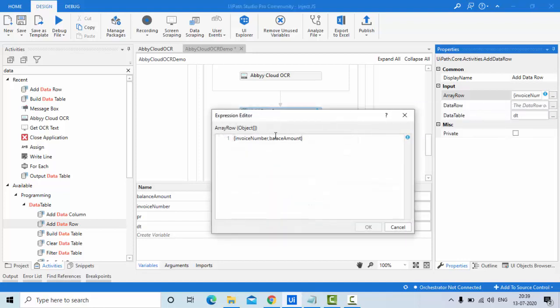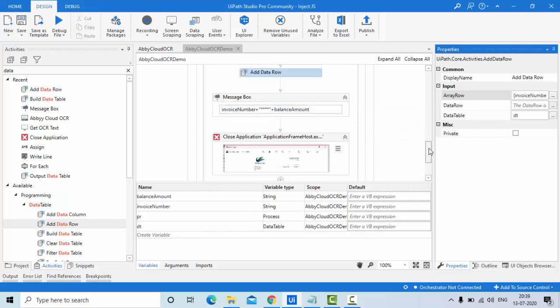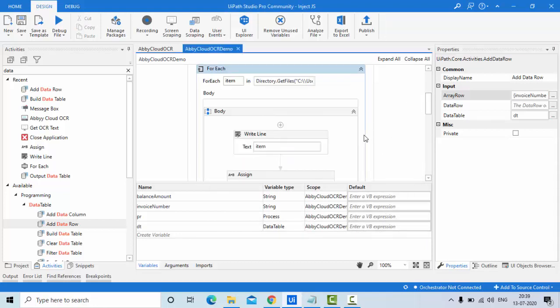Balance. Okay, so here I am adding the data row. Okay, then